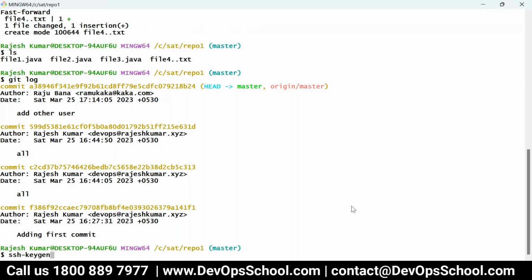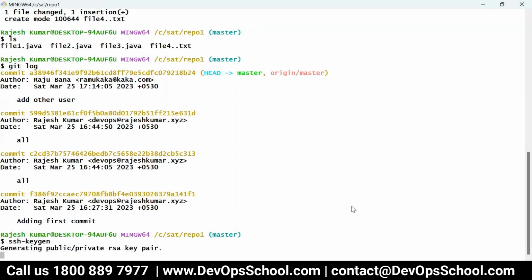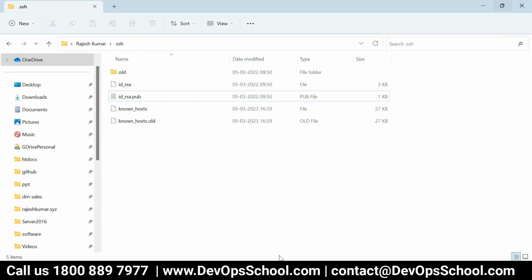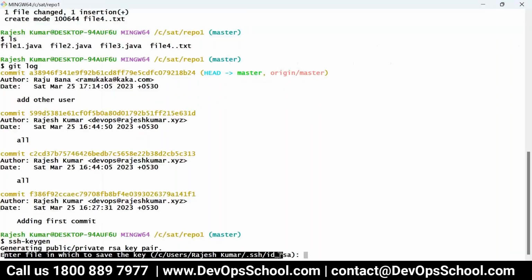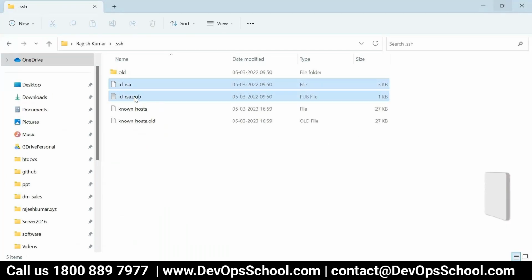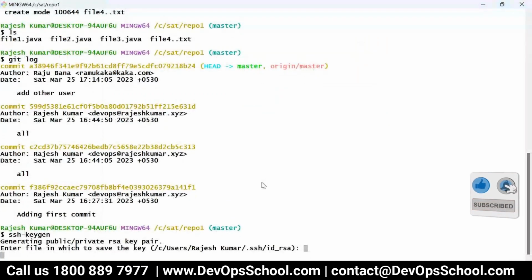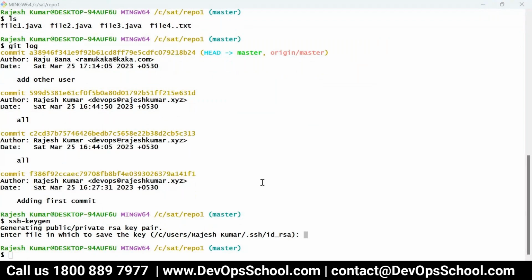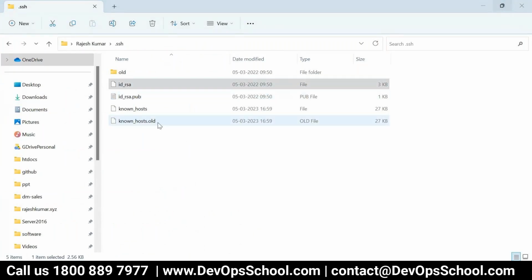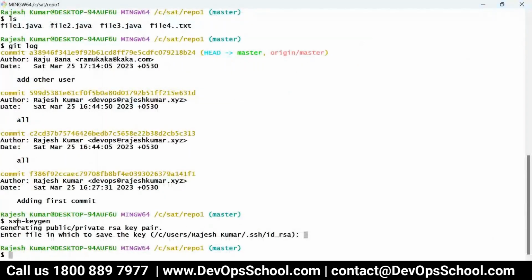But the problem is, mind it here, guys, if you generate it, old keys will be replaced. If you really want to replace, then run this command. And if you don't have these two files, then run this command. So you have to take care of these decisions. I'm not going to generate it, Ctrl+C. I cancel this because I have this file. If you don't have a file, this command is okay to run.